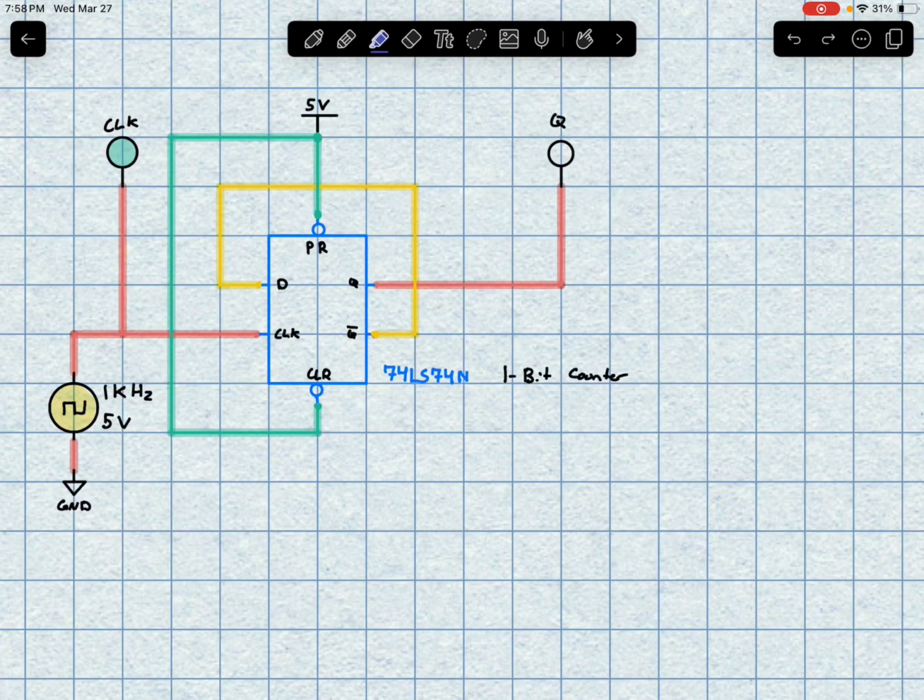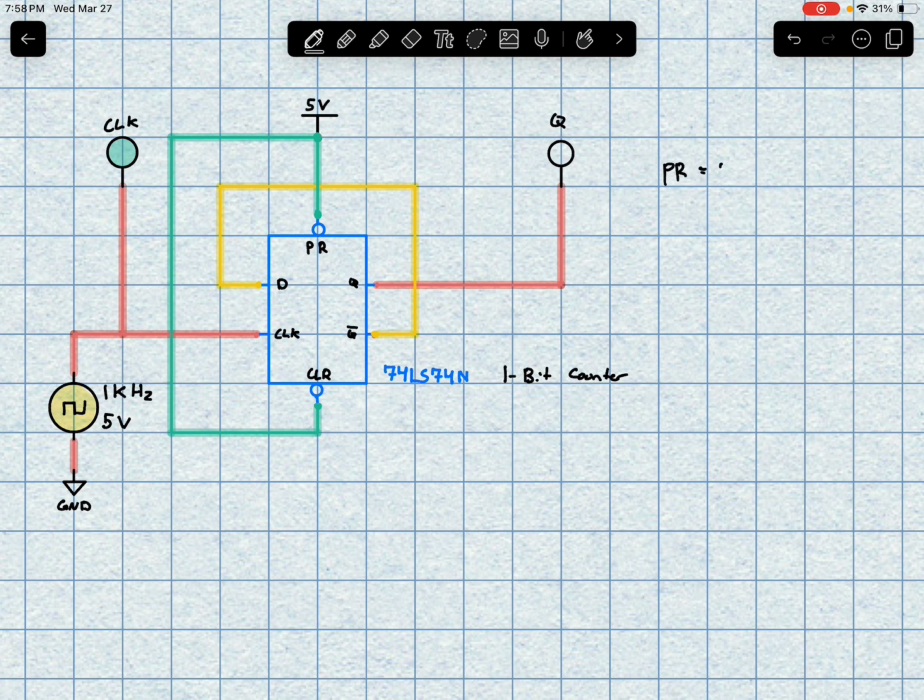The 74LS74N chip, otherwise known as a flip-flop, and this right here is representative of a 1-bit counter. So let's get started. First two things that you need to know is what exactly do PR and clear mean. So PR